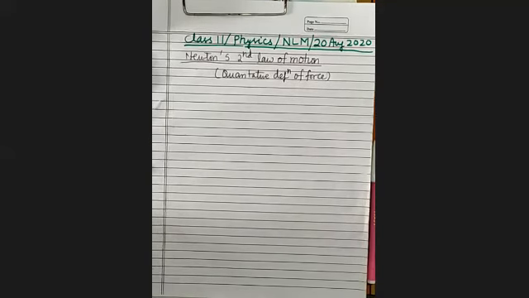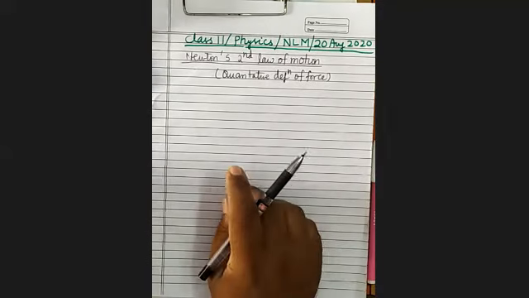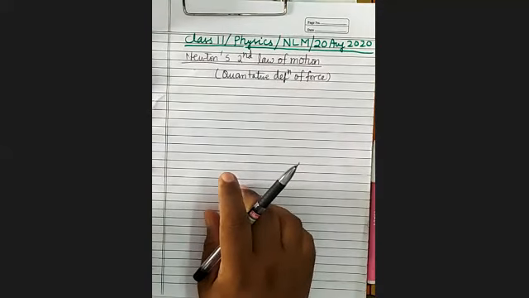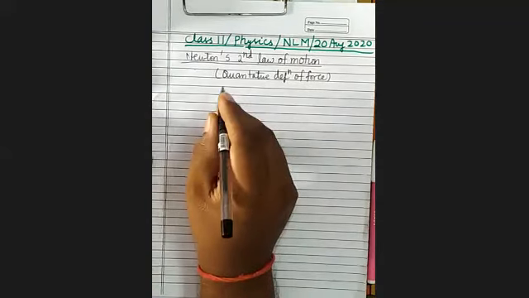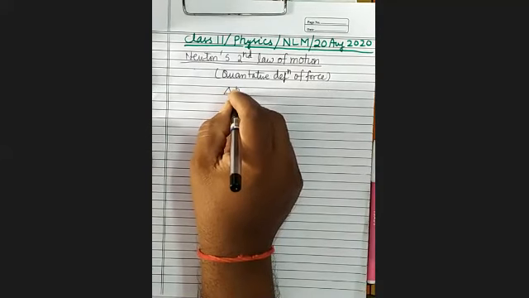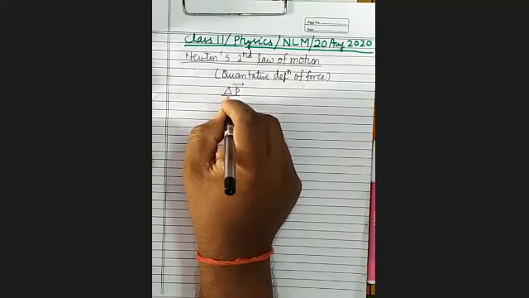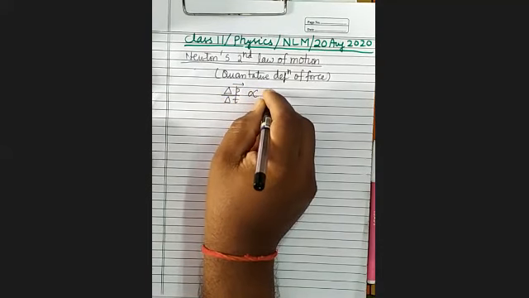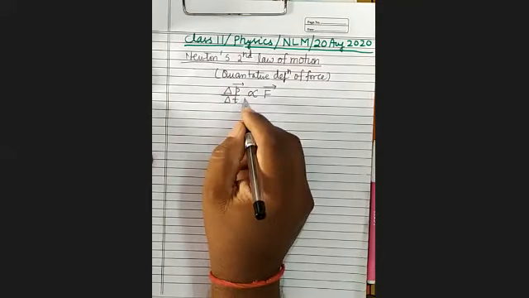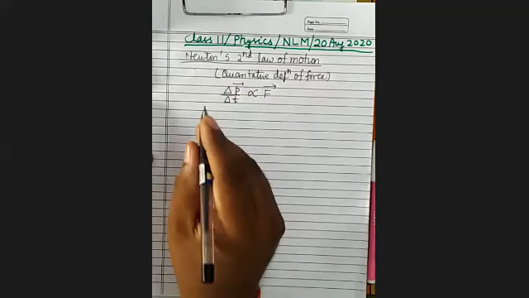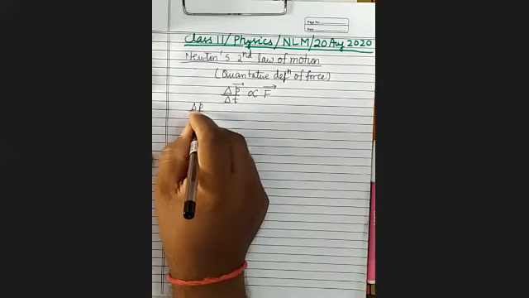So now I am going to start Newton's second law of motion. About Newton's second law of motion, I have told you yesterday that it is the rate of change of momentum of a moving body. It is directly proportional to the force applied on the body, and it takes place in the direction of force. It's clear? According to Newton's second law of motion, rate of change of momentum, that is change in momentum per unit time, delta P upon delta T, is what?